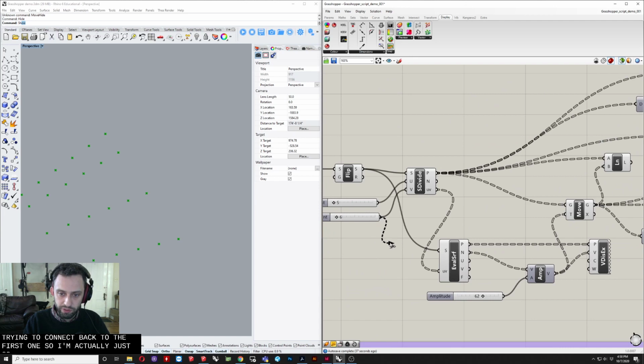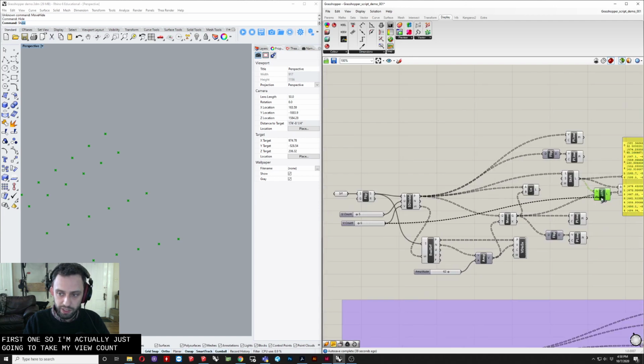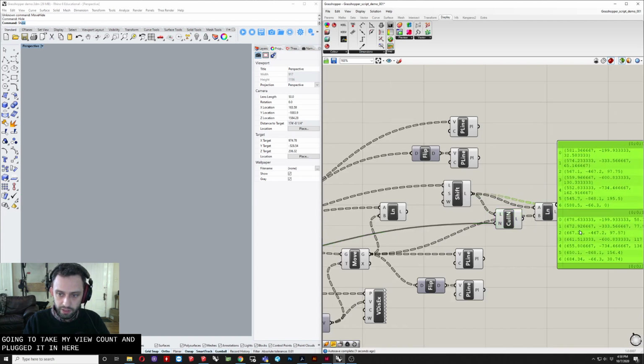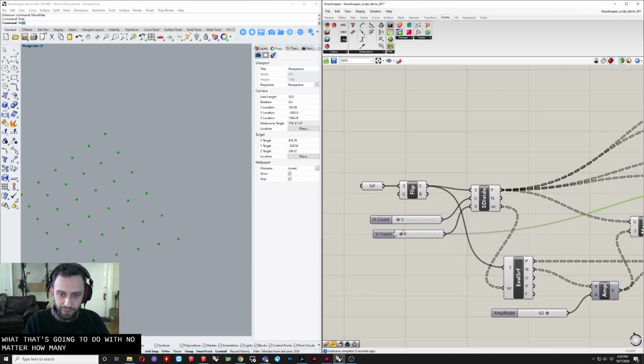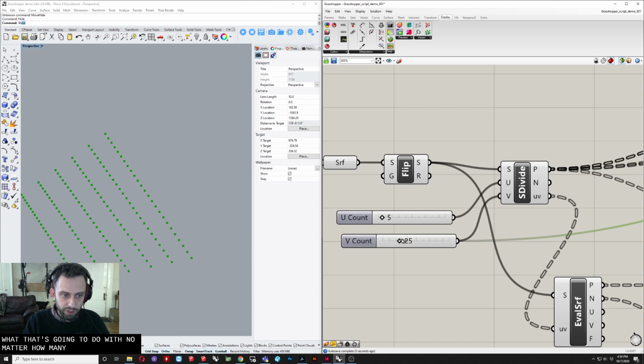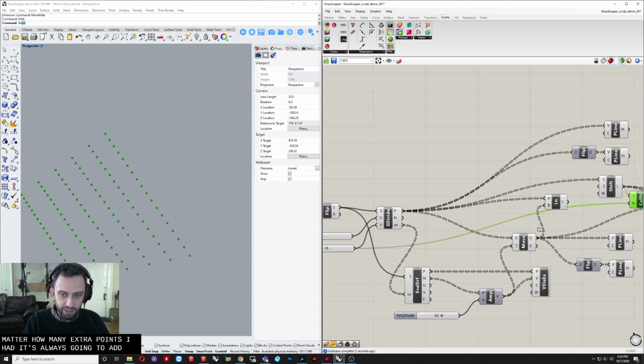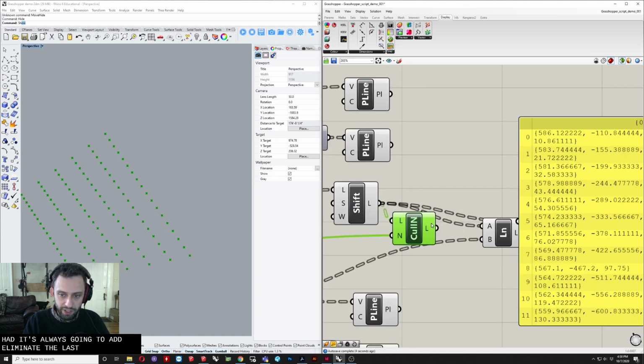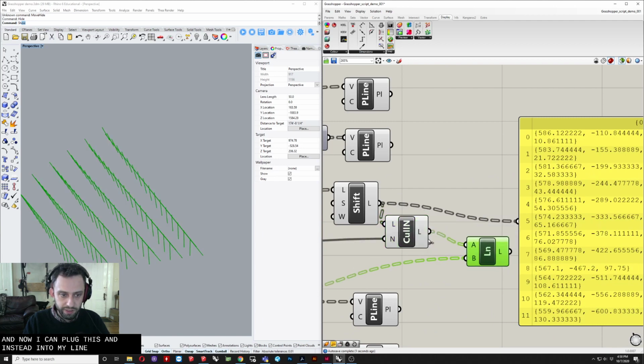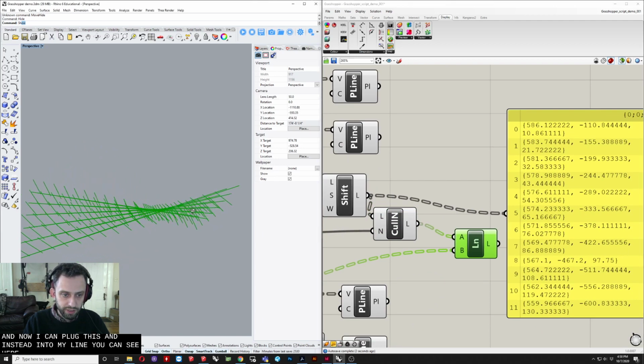So I'm actually just going to take my v count and plug that in here. And essentially what that's going to do is no matter how many extra points I add, it's always going to eliminate the last value here. And now I can plug this in instead into my line. So you can see here,